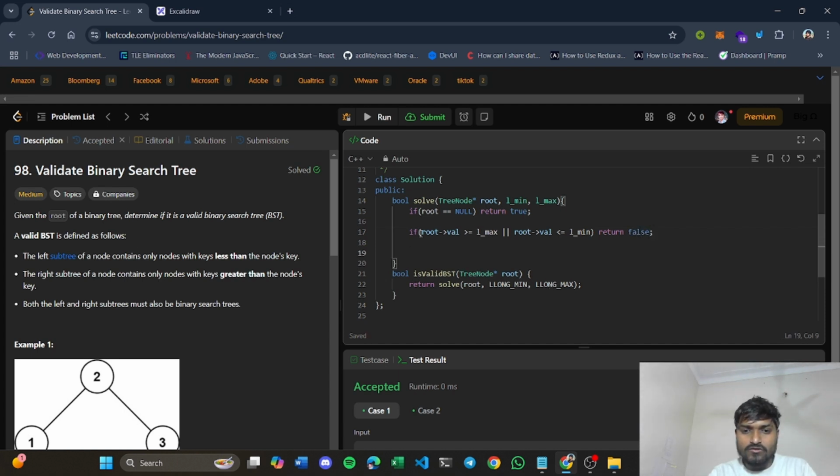Then again, you will call for root left and root right, right? And you will basically check whether both are true or any one is false. So you can use a single statement here.